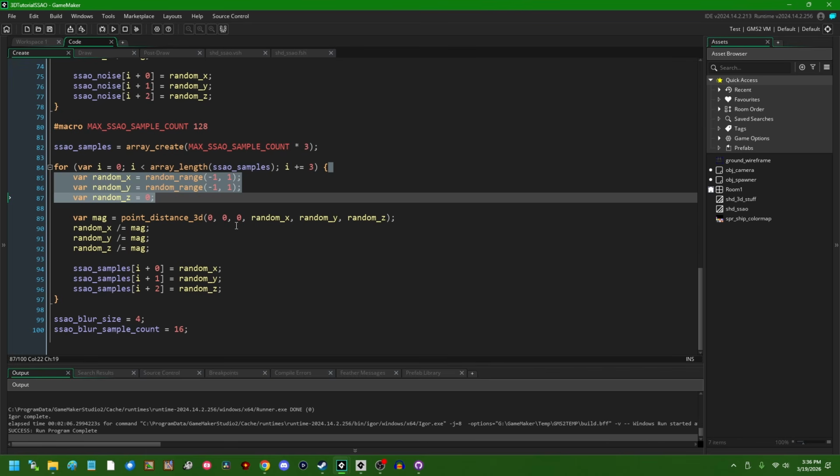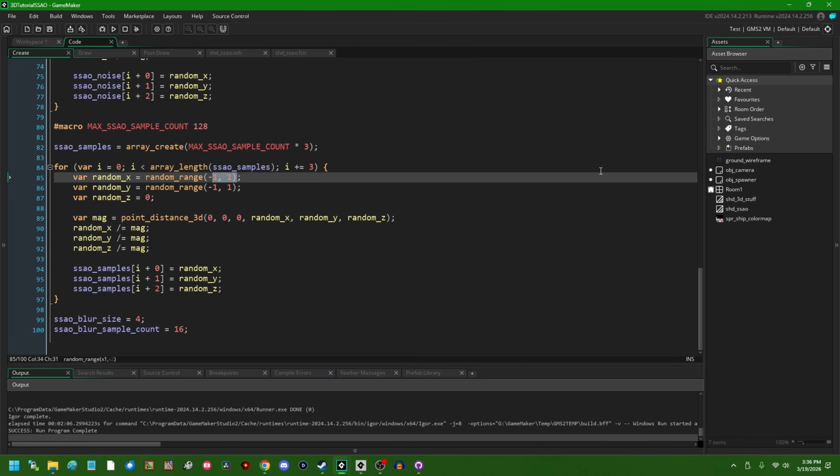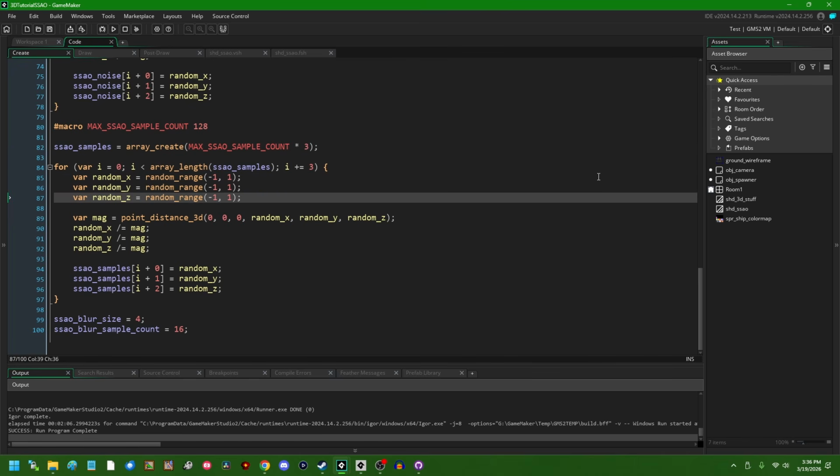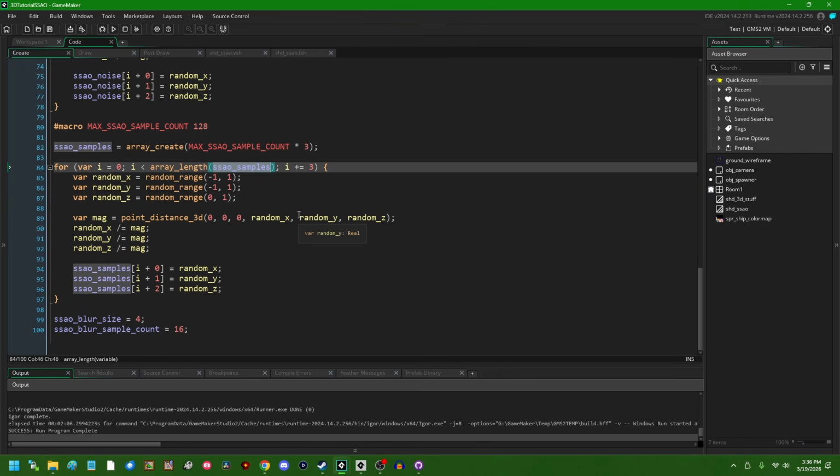They are going to be distributed in a hemisphere. So if I wanted to distribute these in a sphere, I could say the random z value is also going to be random range between -1 and +1. And now we're going to have a series of vector 3s that are distributed more or less evenly in a sphere. However, I only actually want basically the front of the sphere